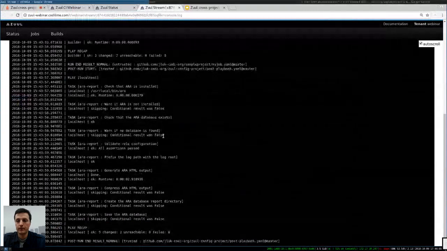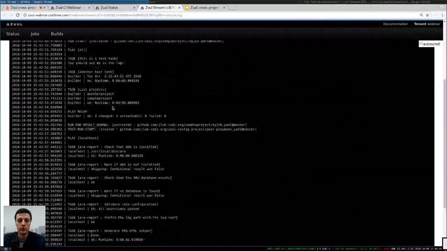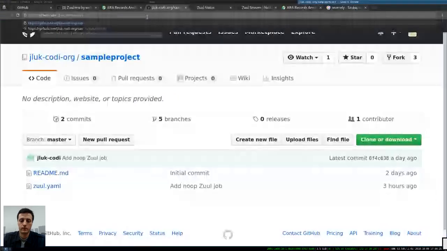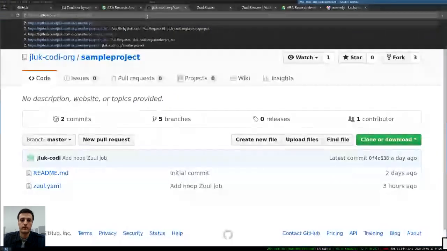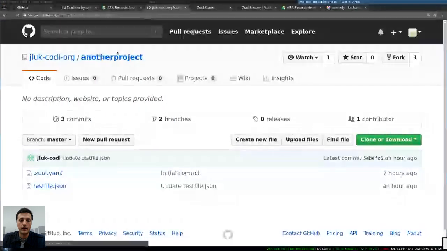And here you can see that we now have another project in our workspace, so the dependency worked. And another project is located here. It contains,